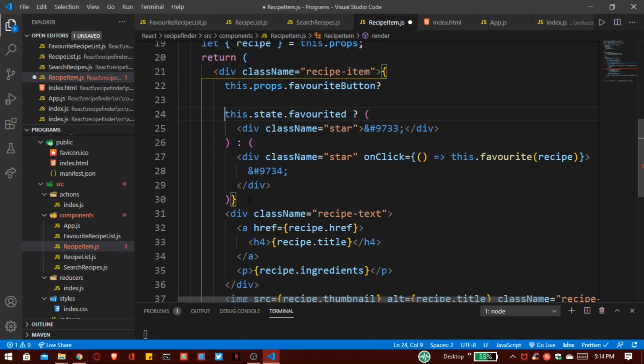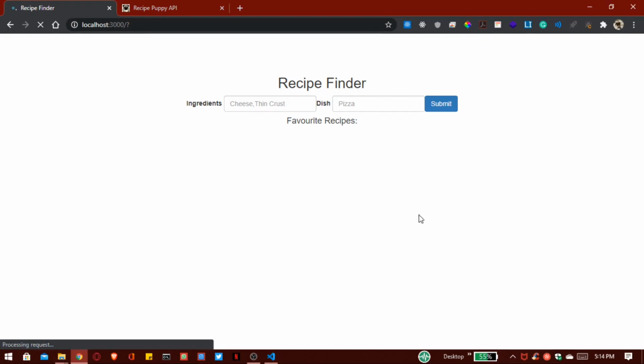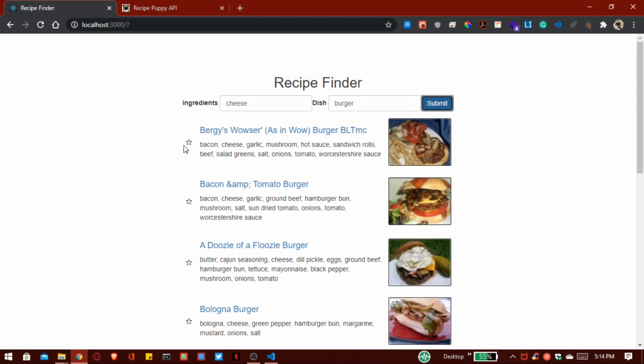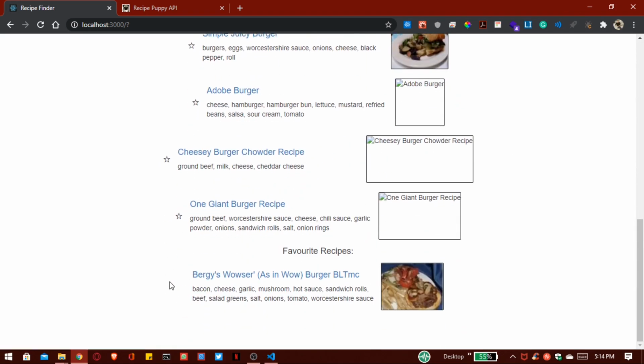So we have to do some modification here. If it is true, then it will go inside this, and if it is false, then here we have to return our empty div. So now save this, and I hope this works. Let's add our cheesy burger, and when I submit this, you can see here there is no star button, so we cannot select it again.